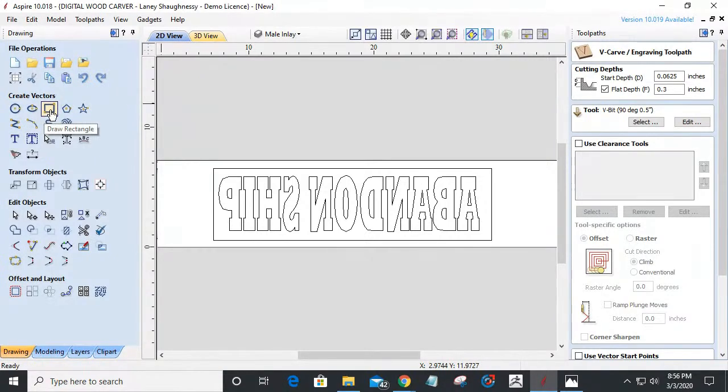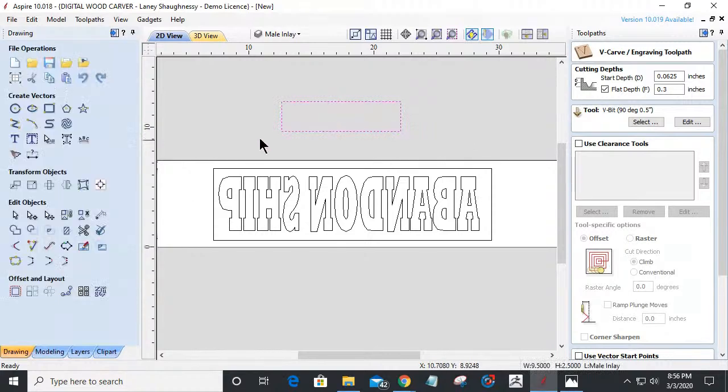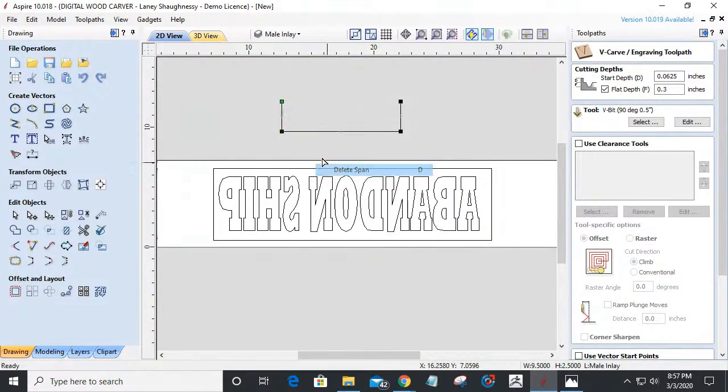So if I could illustrate this, let's delete that span and let's pull that out. Imagine that I have my female cut here. You really got to use your imagination because I can't draw angles, right? Imagine that's my female cut. That's what my letters are cut to right now. And the male,